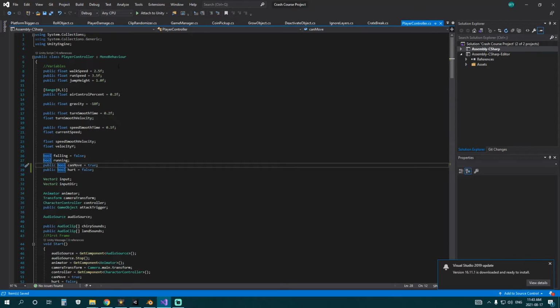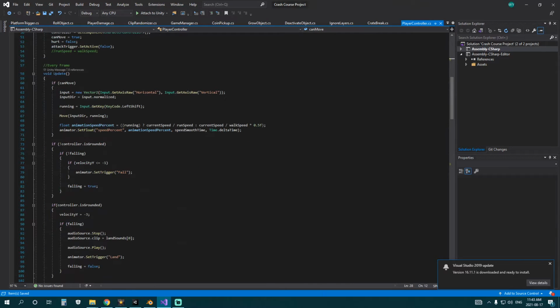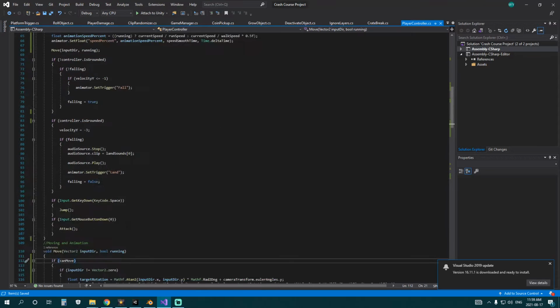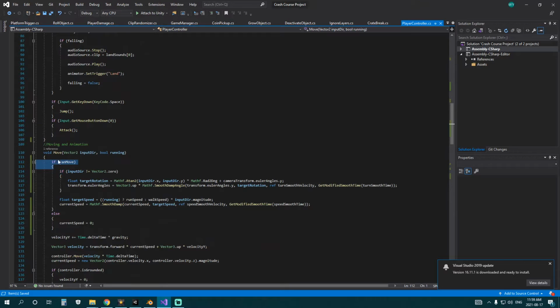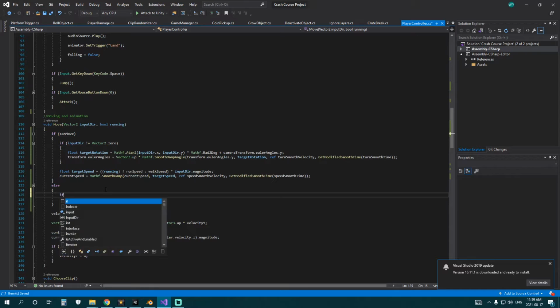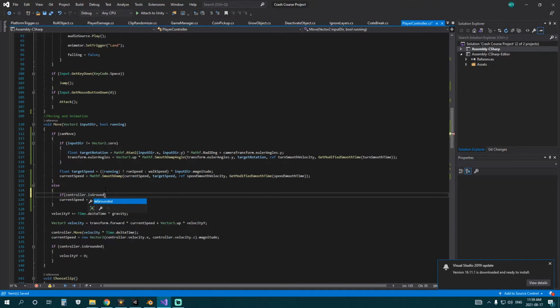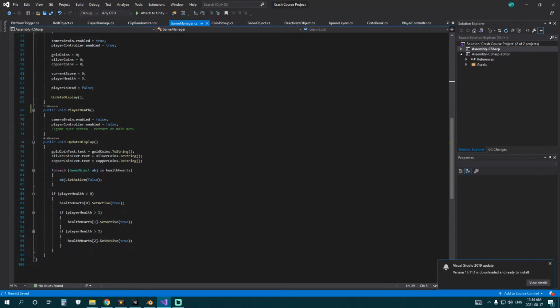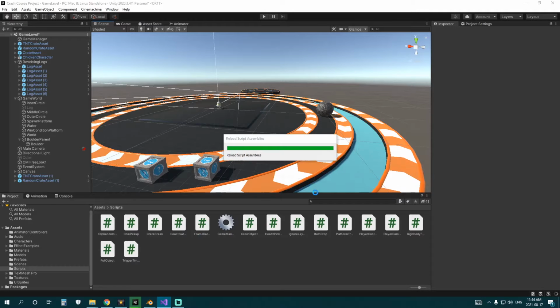What we can do is just make this public as well. Public bool can move equals true. So I want to actually move this. Currently, if we can move, okay. So you just want to add can move into the move function and remove the can move from up here. Stop it right here and say else, and we'll say if controller.isGrounded, so if we're grounded, set our speed to 0. And instead of deactivating the player controller on player death, we'll say player controller dot can move equals false. There we are. So now we should actually be able to fall